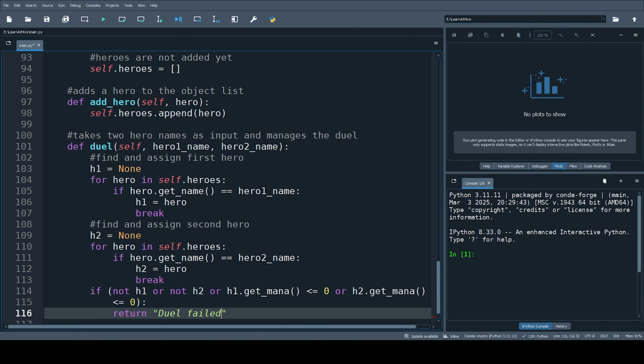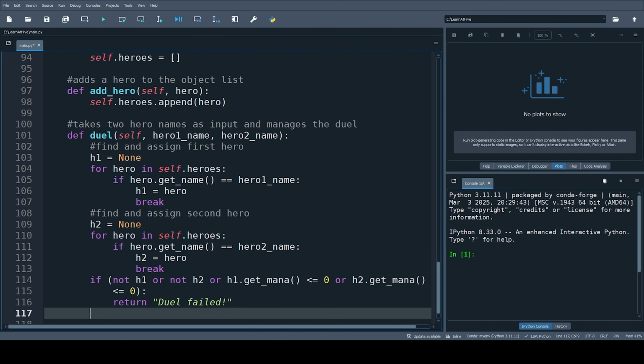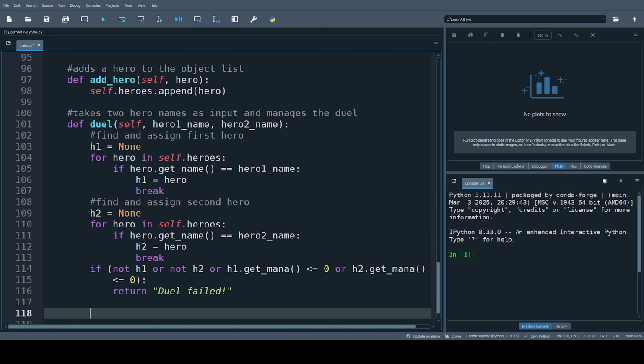Duel failed. So if no match is found, None is returned for heroes, and we check mana and we check for missing heroes. If so, the duel can't happen and we return duel failed. If not, we can first announce the duel. Let's print f, new line, and hero 1 name, hero 2 name,